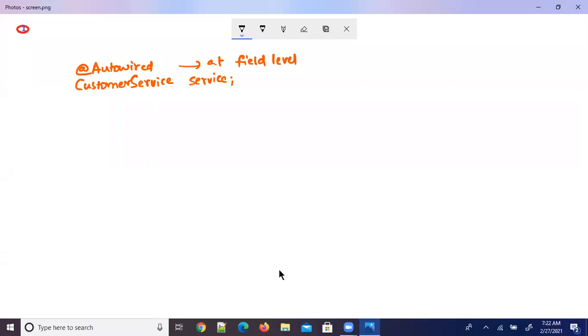Most of the time, because we are using annotations, we are going to add these annotations like @Autowired and @Value at field level, so there is no need of defining a constructor or a setter method for injecting the dependency. Just add this annotation at the field level.